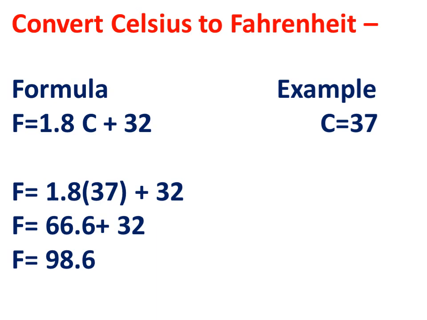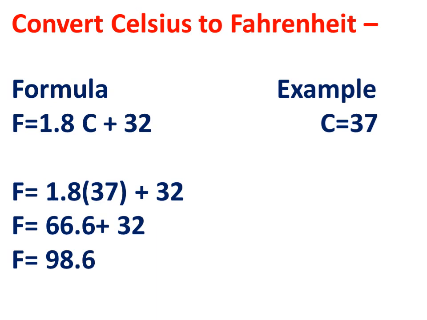Now the point comes, like we have studied that temperature is there in Celsius and Fahrenheit. So how are we going to convert Celsius to Fahrenheit? When I talk about our body temperature, it is 37 Celsius. So what is the body temperature in Fahrenheit? It is 98.6 Fahrenheit, right? So how are we going to convert it?